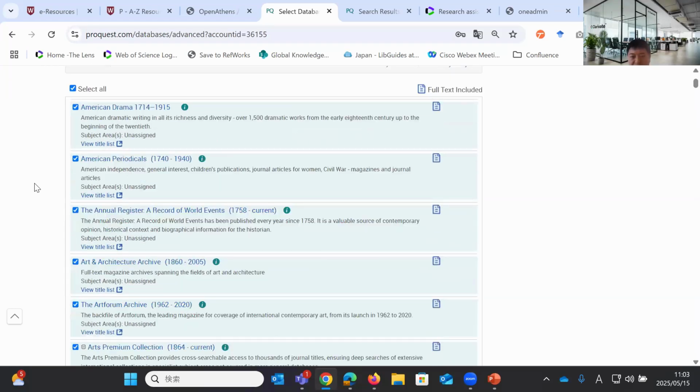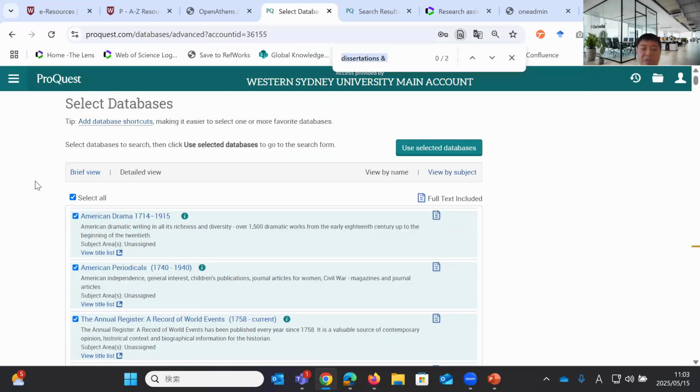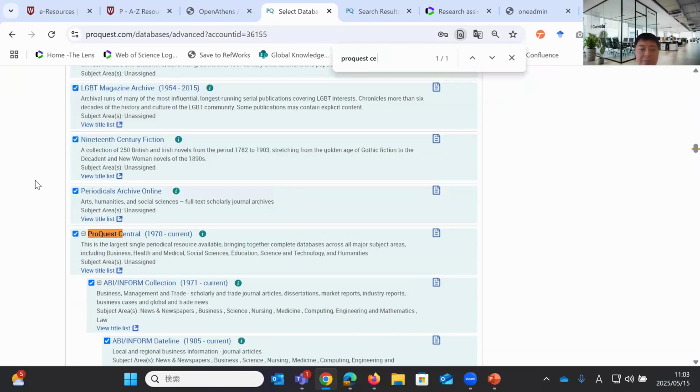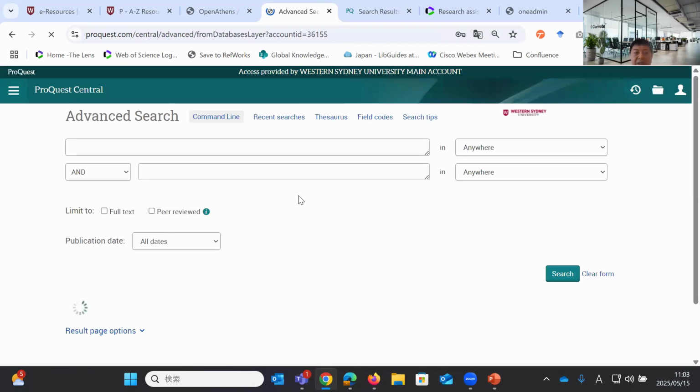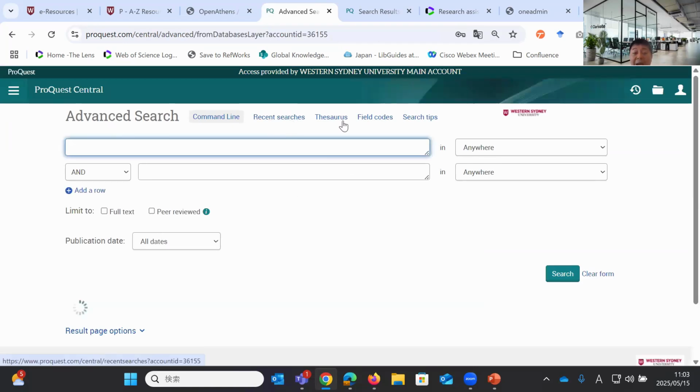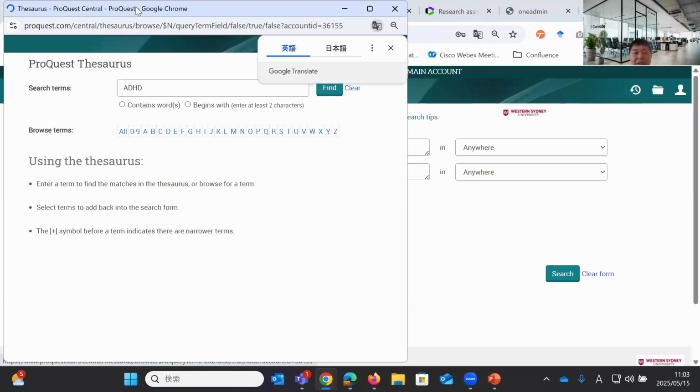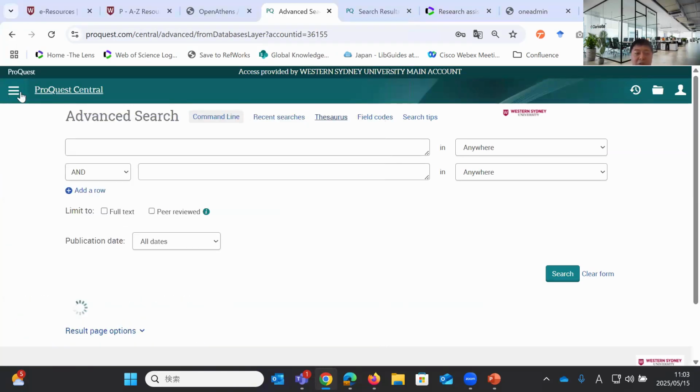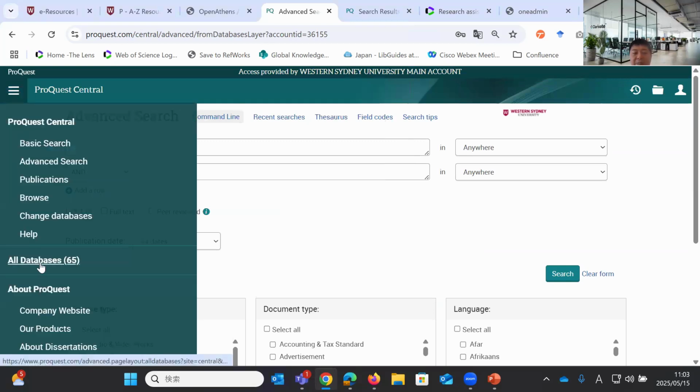Yes, if you are inside ProQuest Central, you only see the ProQuest thesaurus. So perhaps they open thesaurus and you see ProQuest thesaurus. However, if you go to all databases, open the menu, please, and all databases. This is the platform that cross-searches everything.